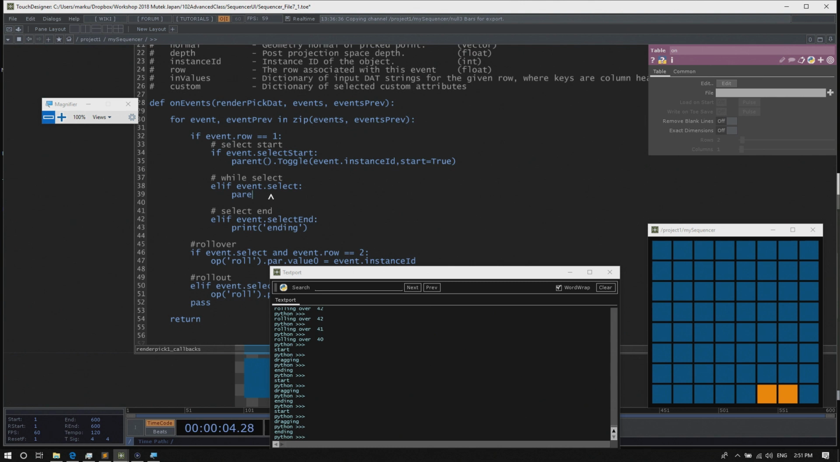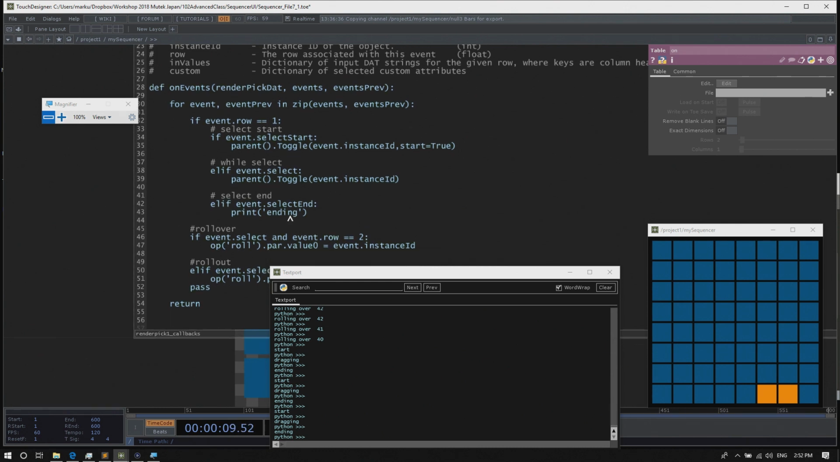Then while selecting, we'll have the same thing. It's parent.toggle, but we only have to define the event.instance ID. で、イベント、次はセレクトをワイルセレクトし続けている状態でも同じように、インスタンスの ID を与えて、ここはスタートとエンドのタイミングではないので、この、インスタンスの ID だけを入れています。 And finally, for the end, it would be parent.toggle, event.instance ID and end equals true. はい、でこれもさっきと同じ形で、インスタンスの ID と終わりのタイミングなんで end イコール true というふうに入れています。